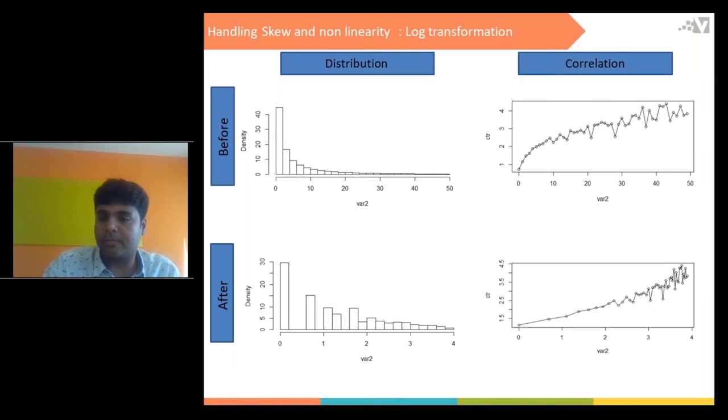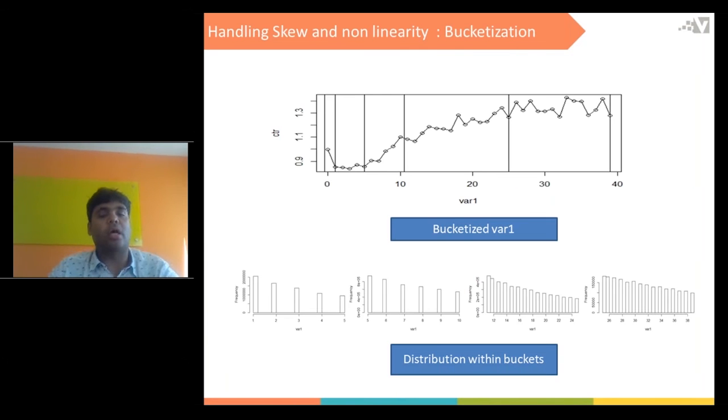The other part is the second technique of handling skewness and nonlinear correlation, which is bucketization. What I have done is put lines where this variable can be intuitively bucketized. Within the bucket, the correlation seems to be linear, right? And